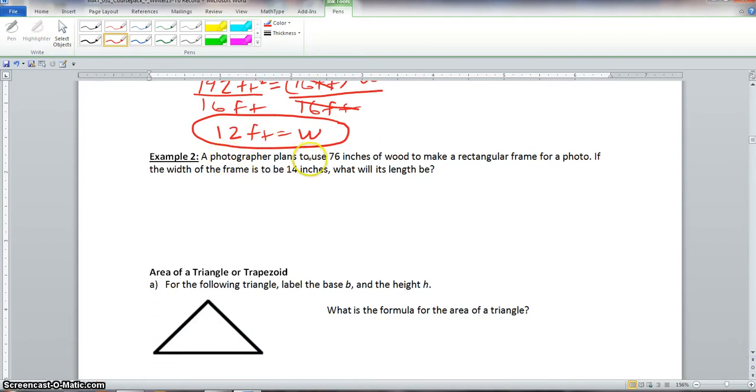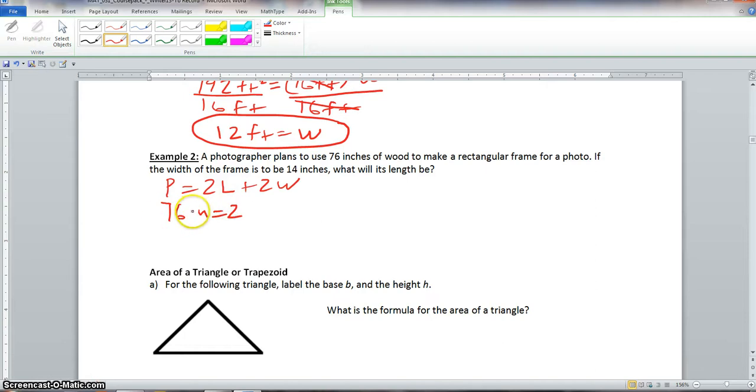It says a photographer plans to use 76 inches of wood to make a rectangular frame for a photo. If the width of the frame is to be 14 inches, what will its length be? So we have perimeter. Perimeter is equal to 2 lengths plus 2 widths, because remember, when you're doing a rectangular frame, it actually goes on the outside of the picture. So now we have perimeter, which is 76 inches,